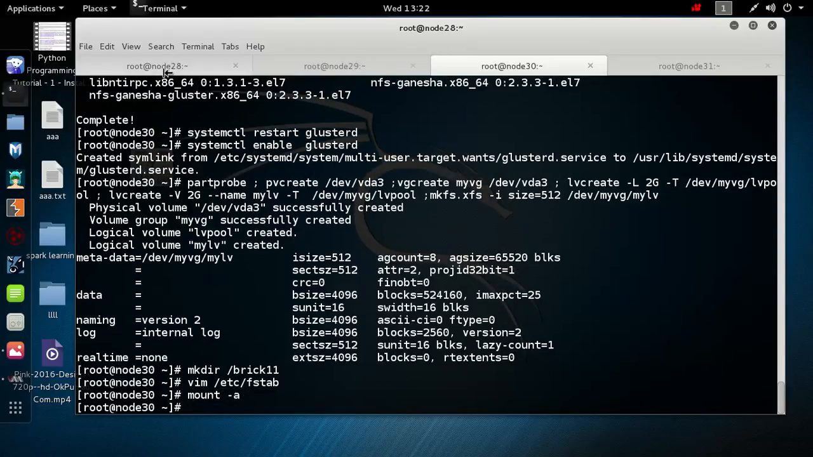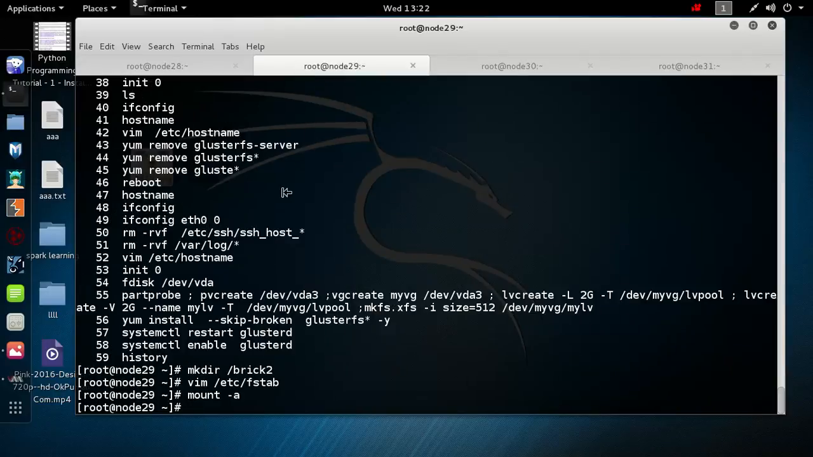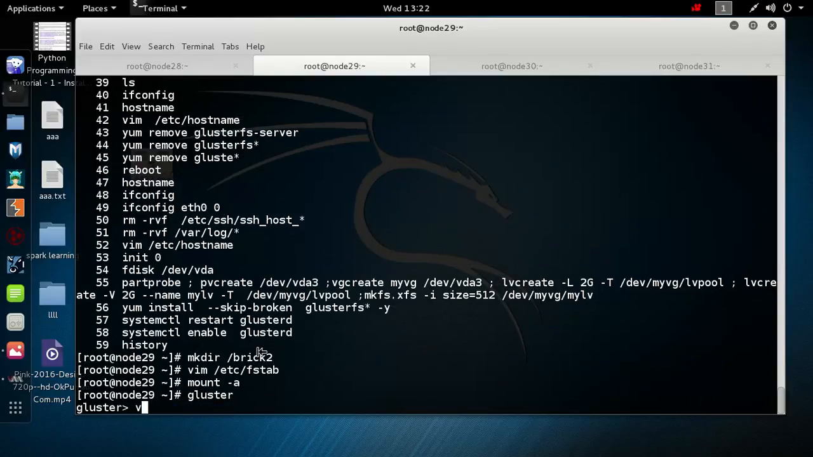Now I'm making volume. So first I'm making a master volume, then we will make a slave volume. So for master volume I will use node 28 and node 29. I will make a replicated type of volume. So use gluster volume create, I'm making wrap wall, and type of replica